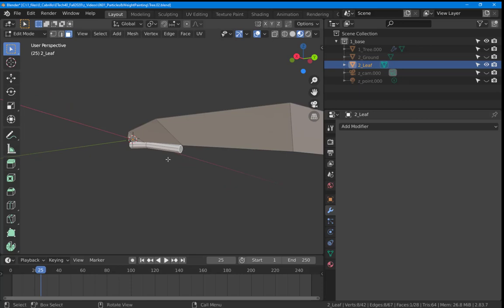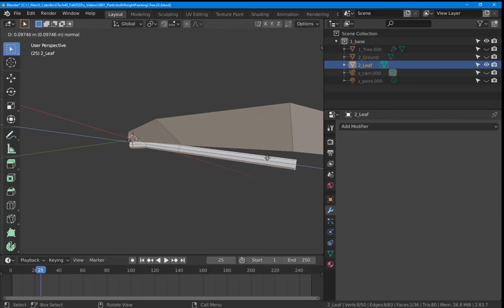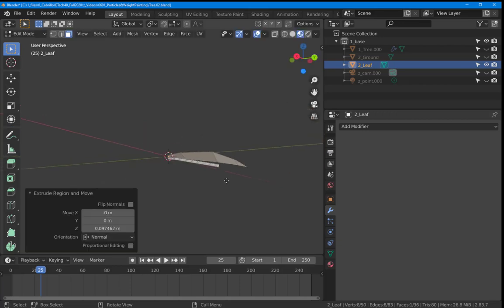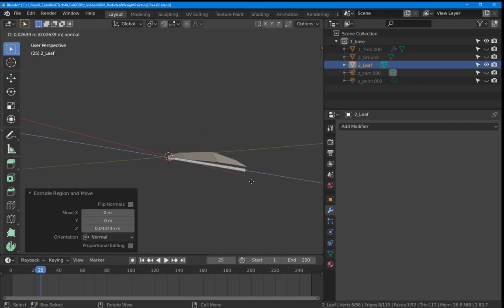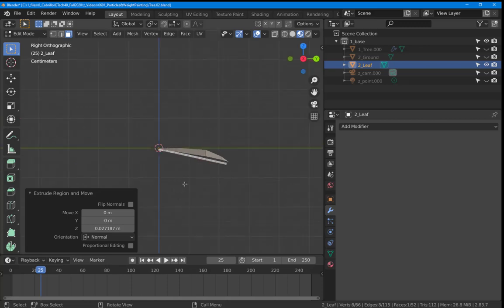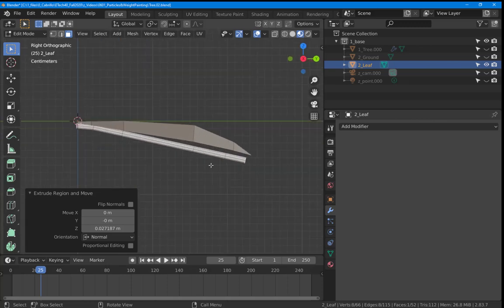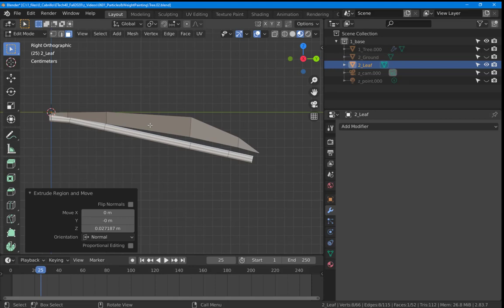I'm not going to do this tremendously carefully. E, E, E, 3 on the keypad, 2, alphanumeric 2,